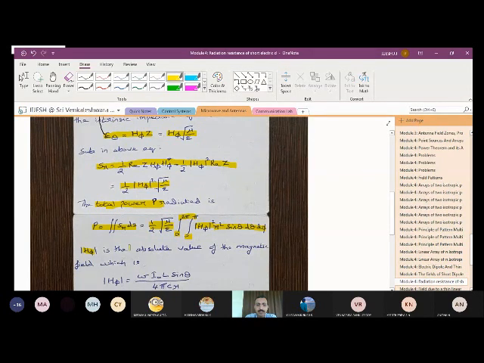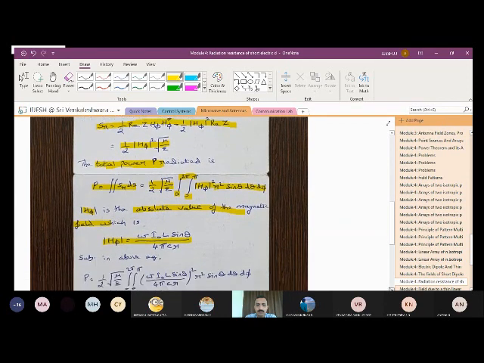That H phi is the absolute value of the magnetic field, and we are going to use that equation here, that is H phi is equal to omega I naught L sine theta divided by 4 pi CR. So this I am going to substitute here. So I am going to convert this equation. First I need to write the equation for H phi, which we studied in the previous class. Substitute H phi in this equation, so you can rewrite the equation in this form.